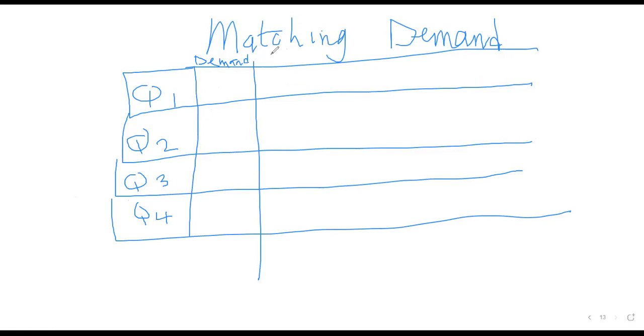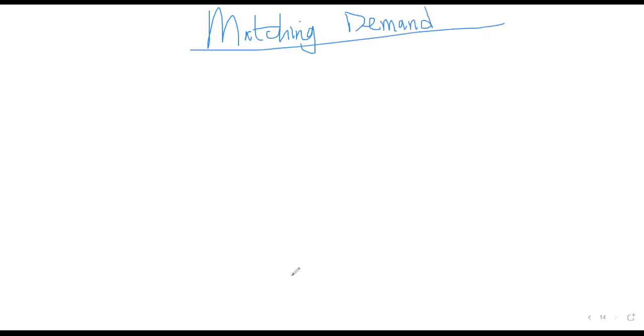Then we have the beginning opening stock, production, the number of workers. Of course, we can present it properly here. So on matching demand, we are going to have